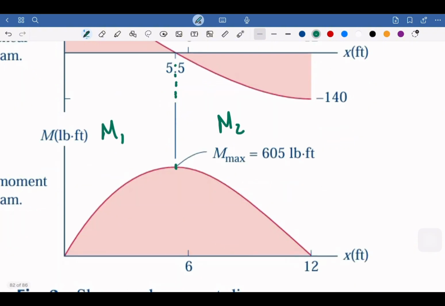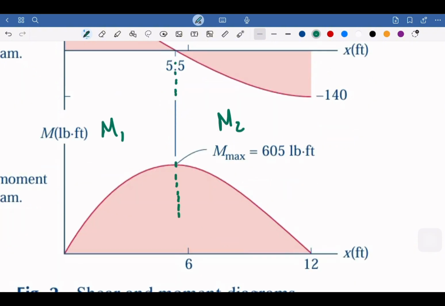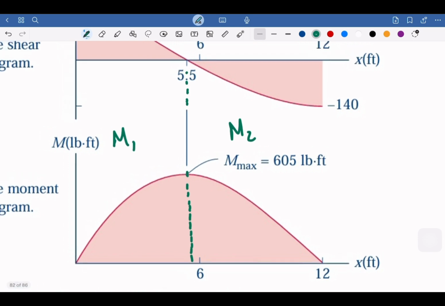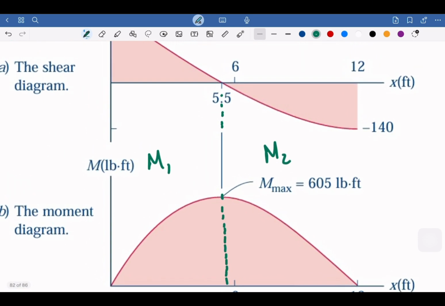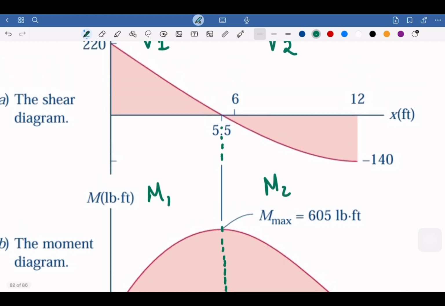This is also 5.5. So this should be consistent, and we know this is going to be the maximum, this 5.5, because this is from a positive